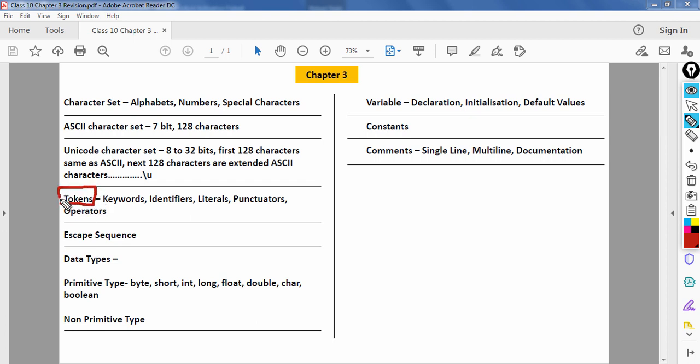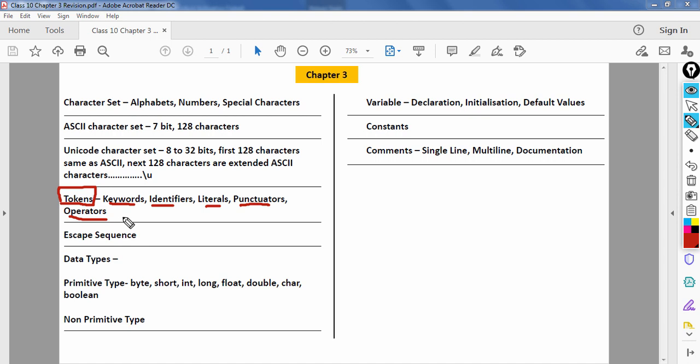So token is equivalent to word of the English language, and there are 5 different categories of tokens. First one is keywords, second is identifiers, third is literals, fourth is punctuators, and the fifth one is operators.